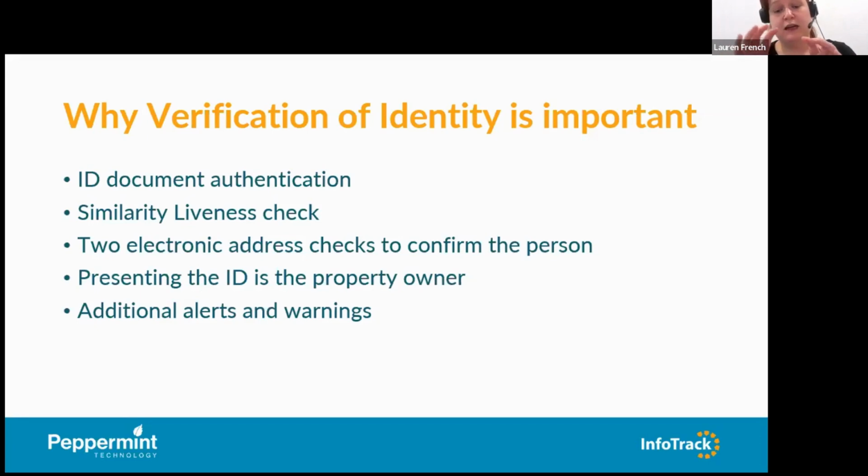We do about 85, 90 data points across the face, and we'll try and get those to match. If we don't get a full match, it will fail, and we'll say, hey, you need to have another look at this. If we are comfortable they are the same person, we also run some address checks on that as well. We will issue a pass in that result. So you get 2 address checks,